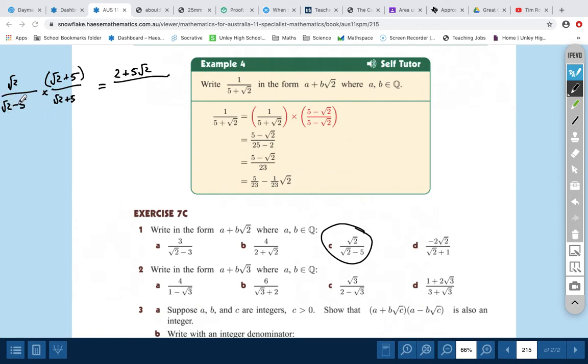And on the bottom, we've got our a minus b, a plus b pattern. So we've got root 2 times root 2 is 2. Minus 5 times 5 is minus 25. And so this part here will equal minus 23. Now I'd probably write the answer just with a big minus out the front of it. Although it'd be fine to leave the minus on that 23. Just for all intents and purposes,